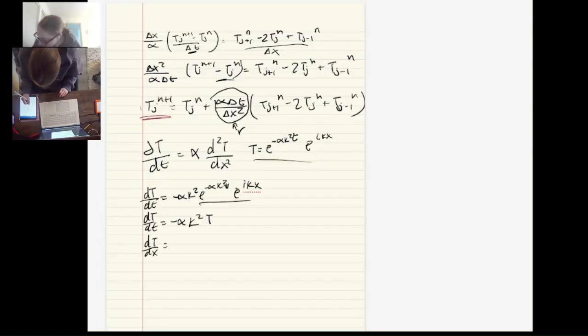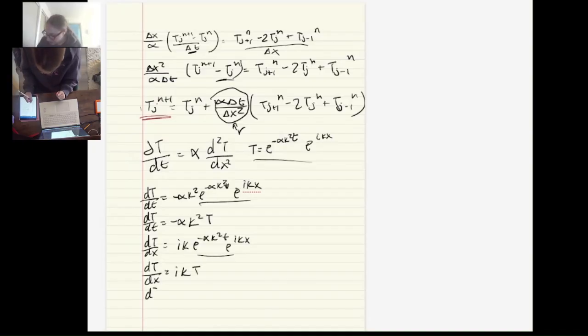So we have ik times e to the negative alpha k squared t, e to the ikx, right? And that's also going to be giving us T again. So dT over dx is going to be equal to ik T. And then if we do the second derivative of this, that's going to be equal to i squared k squared